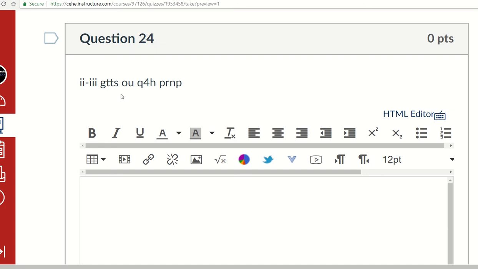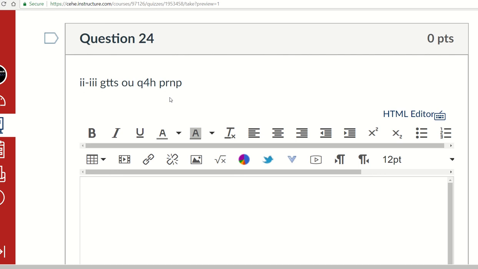So what's more? 2 or 3? 3. How many eyes? 2. So you got to multiply by 2. And then every 4 hours is how many times in a day? 24 divided by 4 is 6 times a day. So you're going to have to do 3 times 2 times 6. So how many is that? 3 times 2 times 6. So that is